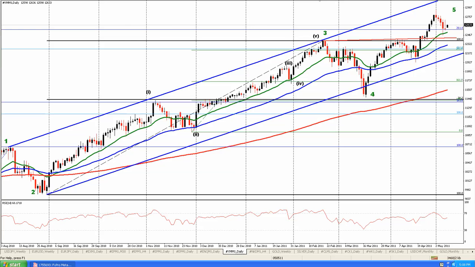So before we go on to look at some of the other scenarios in the S&P 500, we'll look at the Dow chart here. And we've got our 1 up, 2 down, 3 up, 4 down, and now we've got 1, 2 potentially, and then 3, 4, and potentially into our 5th wave now here. And it's important to note that we don't have overlapping waves here, but what we do have is waves that are pretty much the same size and duration, and so this gives a sense that this is all part of